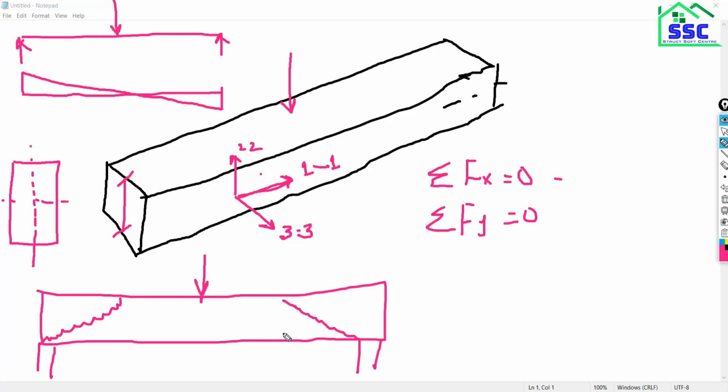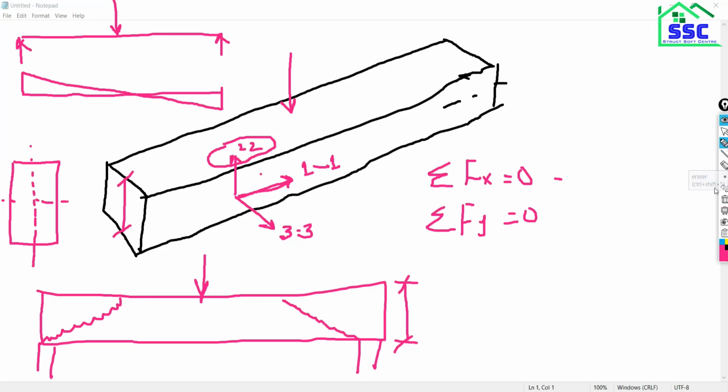So what I am trying to show you is that the shear forces are generated along the depth of the beam, so when you have to see the shear force in the member of the beam, you need to go with the axis 2-2. In which axis do we have to see the shear force? The axis 2-2. No doubt in axis 3-3 there will be shear, but that will be the minor shear, and the actual shear will be along 2-2. That is called major shear.